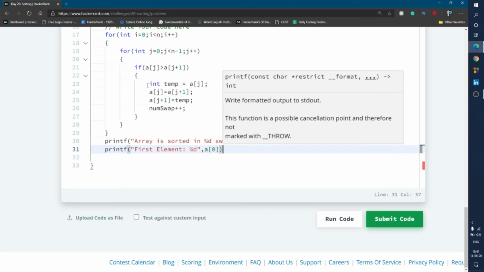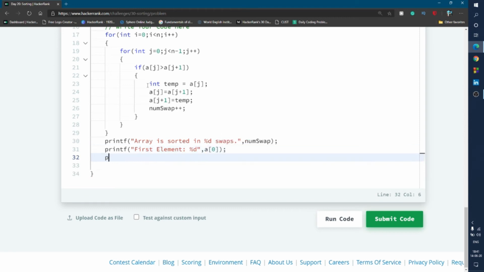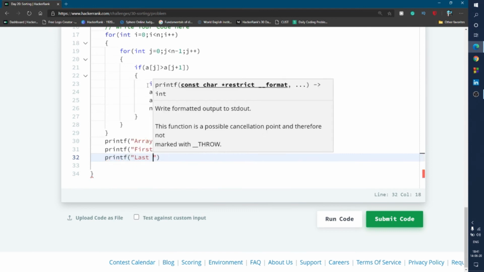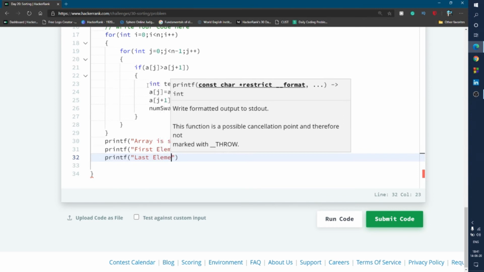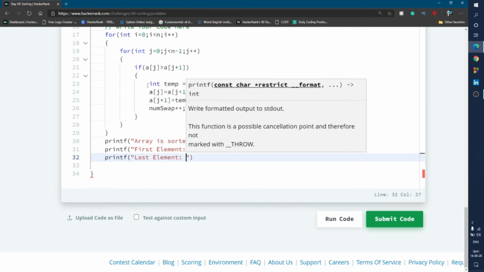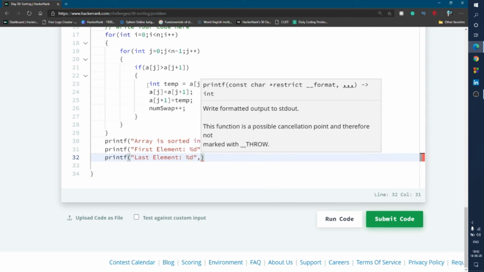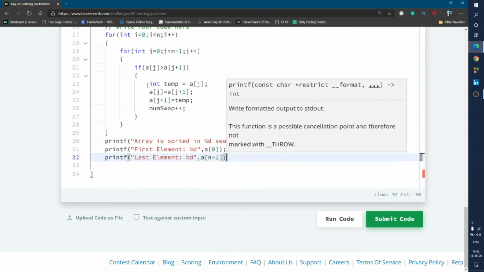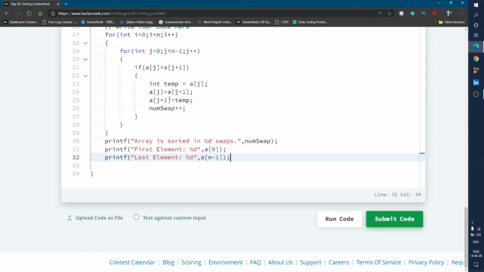So this is the first element of the array. And then printf "Last Element:" and then %d, and write a[n-1].